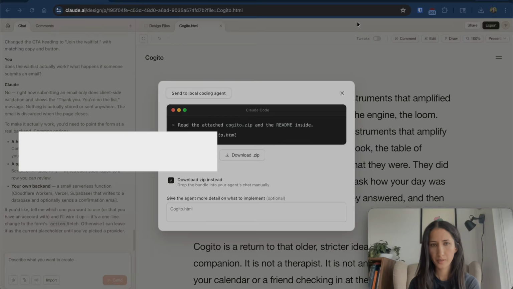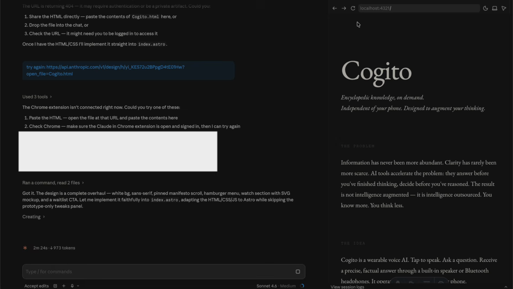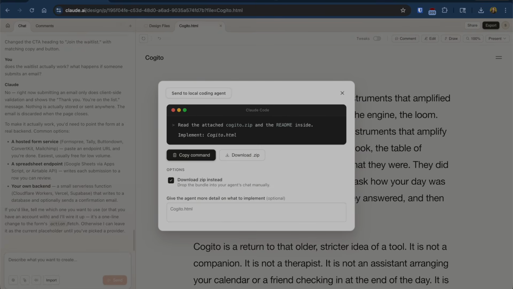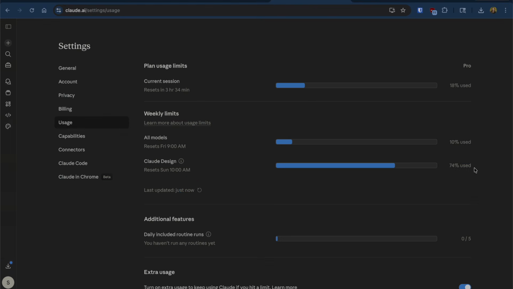The other thing I'm super curious about while I wait for my Claude Code to actually implement my design is how much is my usage. Okay, I've used 74% of it, and it resets at 10 a.m. on Sunday. Claude Design is in research preview with its own weekly limit. Usage here doesn't count towards your other limits. Okay, so I've basically used almost all of my weekly limit. It resets next Sunday at 10 a.m.,